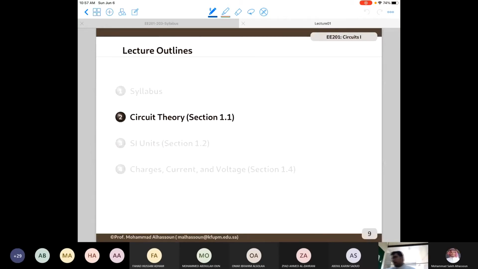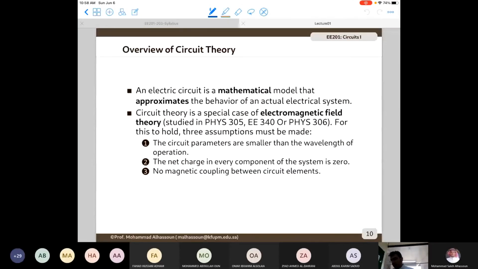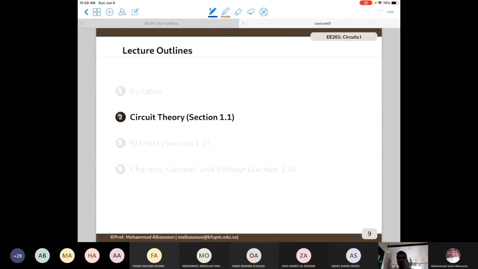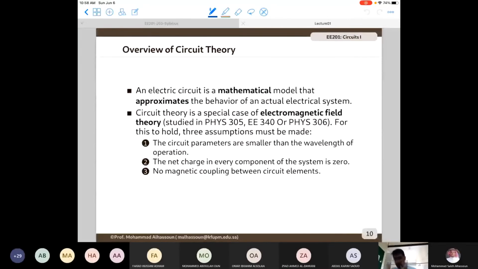Okay, so let's get started. This is the very first part of the course. This is section 1.1, and section 1.1 is covering circuit theory in general. So this course is about circuit theory, and you may ask yourself,